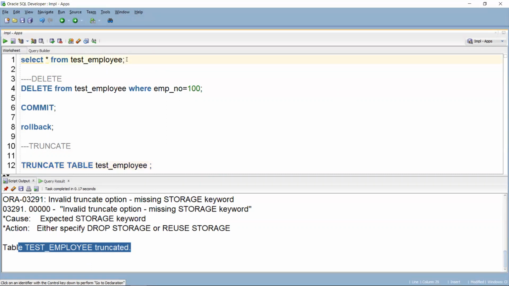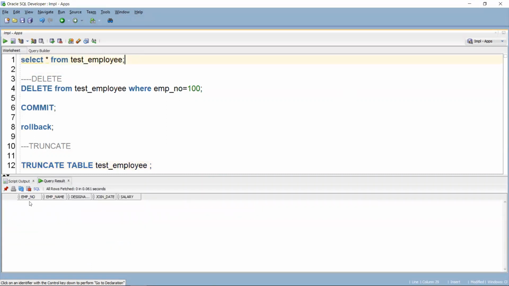Now if I do select star from test_employee, I don't see any data. Truncate deletes all the records, but I can see the column names like employee number, employee name, designation, join date, salary. I can see all these columns but not the records.